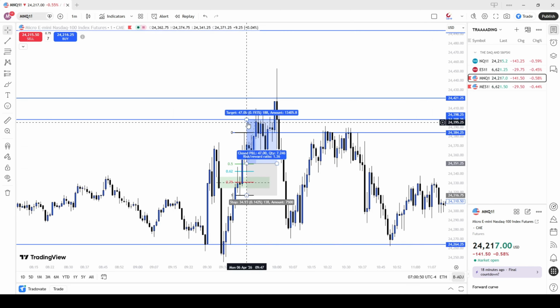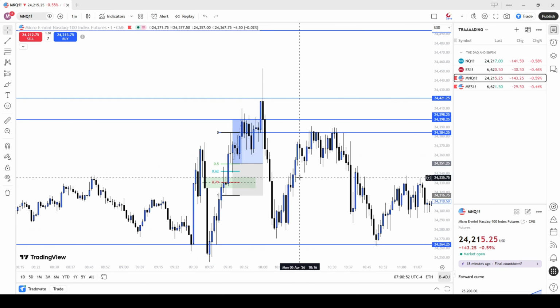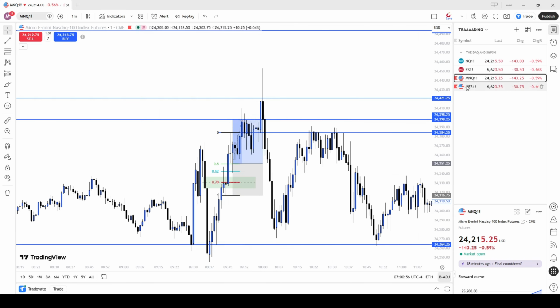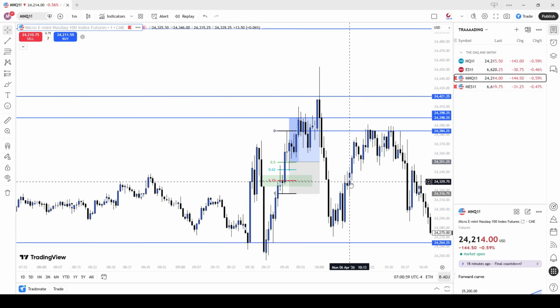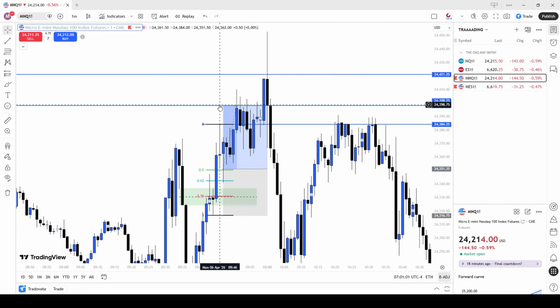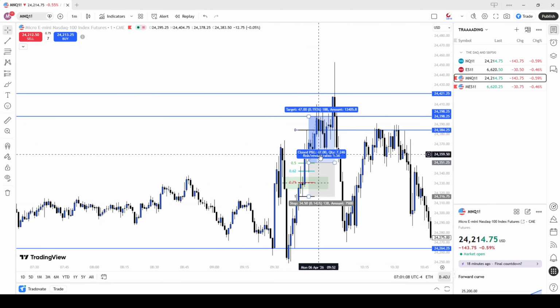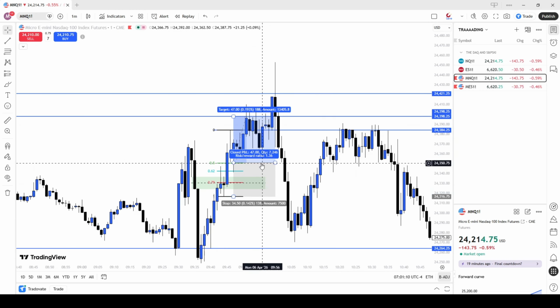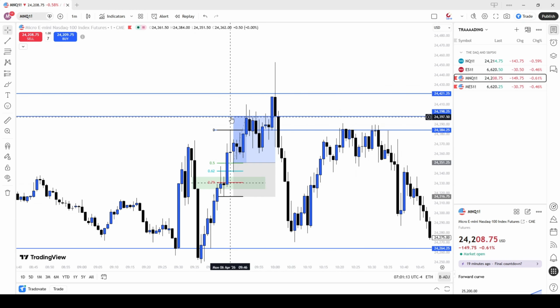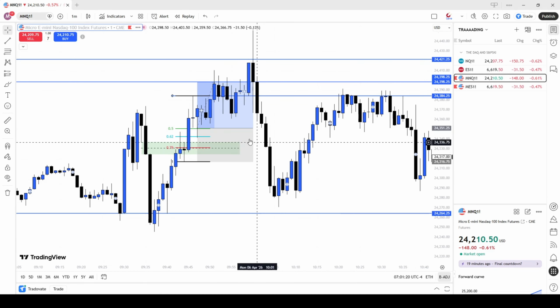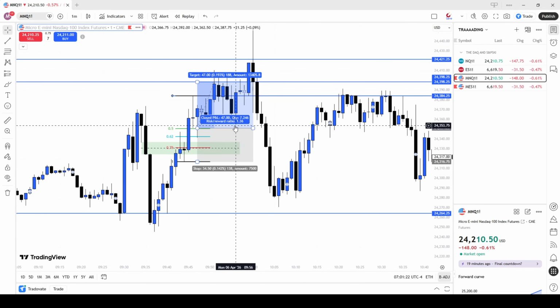But I was happy with this because after all we could have the possibility of reversing off of this high, and I was just happy with this. If I was on a live, I would have taken partials for sure, but on the funded, on the EVA, I'm just happy enough with a 1.37